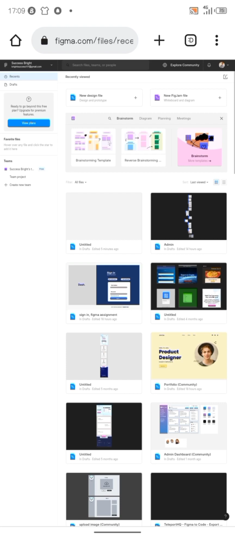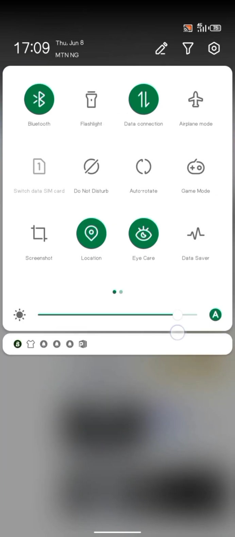Alright, so now as you can see there is new design file and there is new FigJam file. So we're going to click on new design file. Alright, to load as well. Okay, as you can see, it has opened Figma. So this is just the simple way you open Figma from the website